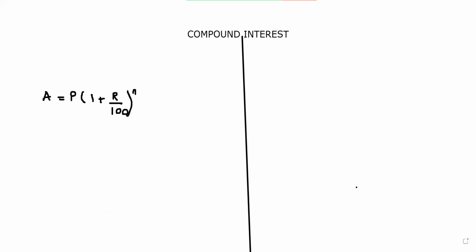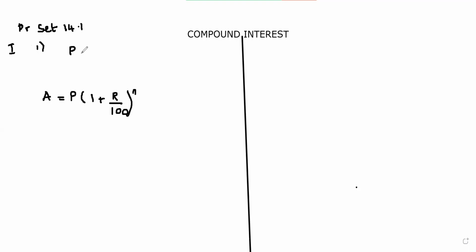This is my practice set, 14.1. Now we will do the first sum in the first question, which is